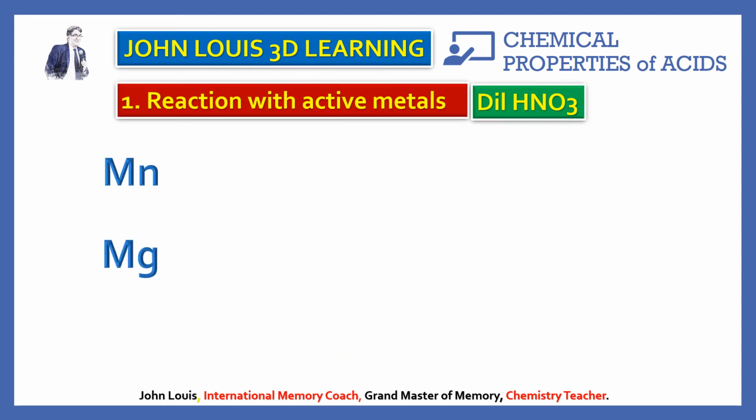Okay, now let's go to dilute nitric acid. Dilute nitric acid is different from dilute hydrochloric acid and sulfuric acid. Why? Because dilute nitric acid is an oxidizing agent. Therefore here, after hydrogen is released, that hydrogen will be oxidized by the nitric acid into water. So our purpose of preparing hydrogen may not be possible using dilute nitric acid.